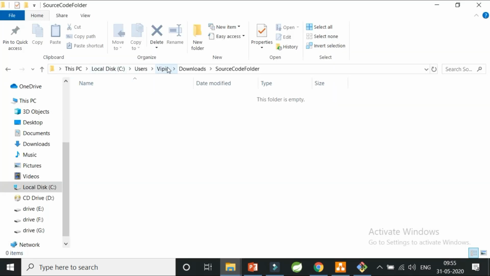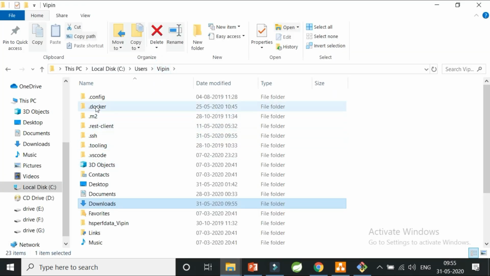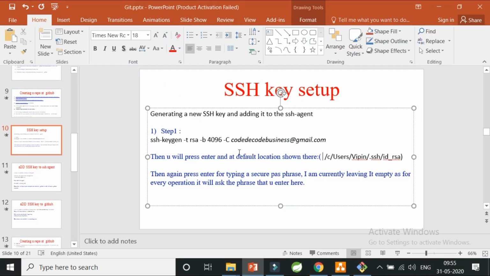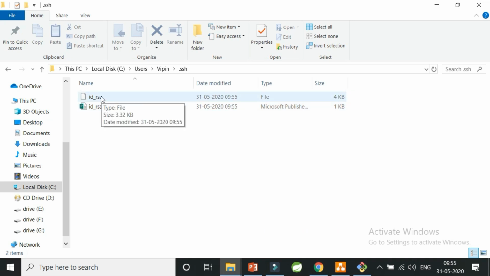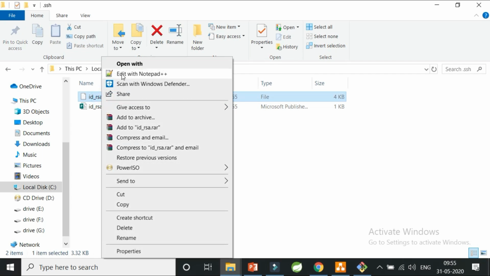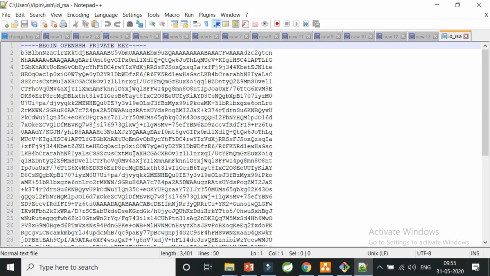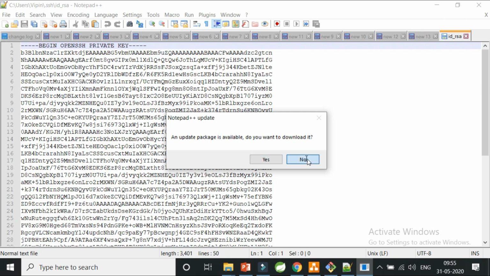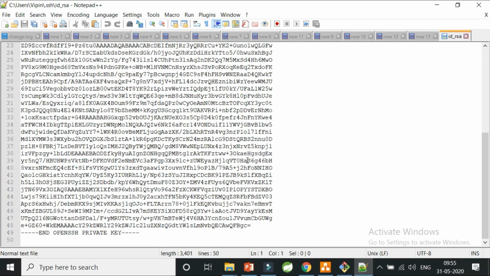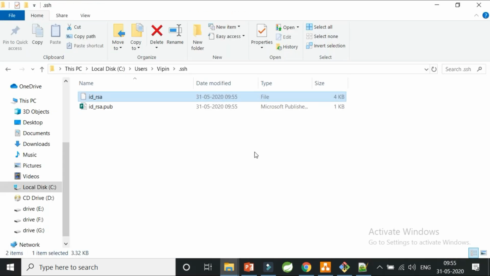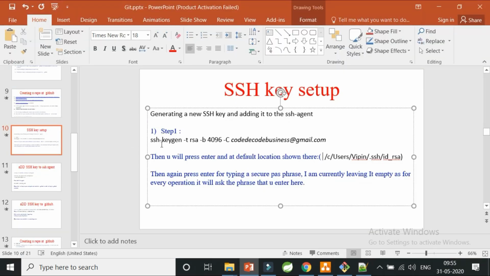C users, my gate, and .ssh, and in .ssh you can see two files. This is the public RSA key, and this is my file. I'm going to edit it with Notepad++, and I can see while editing that this is my private SSH key. So that was the private key. Okay, so I have made sure that that particular thing is done.